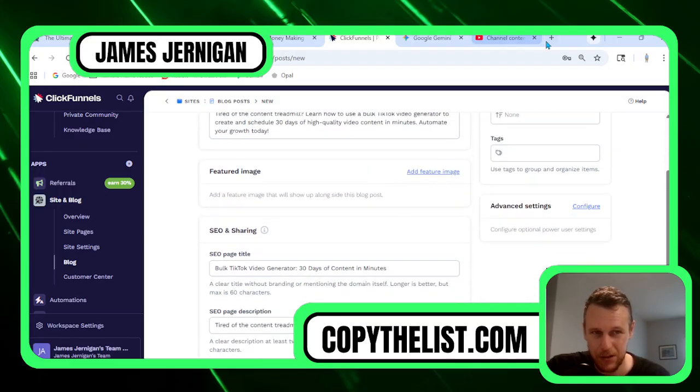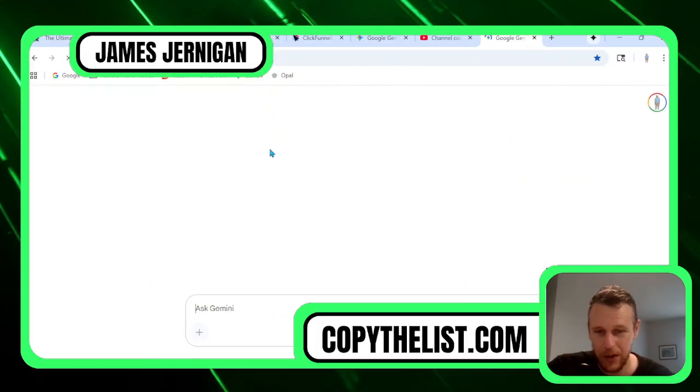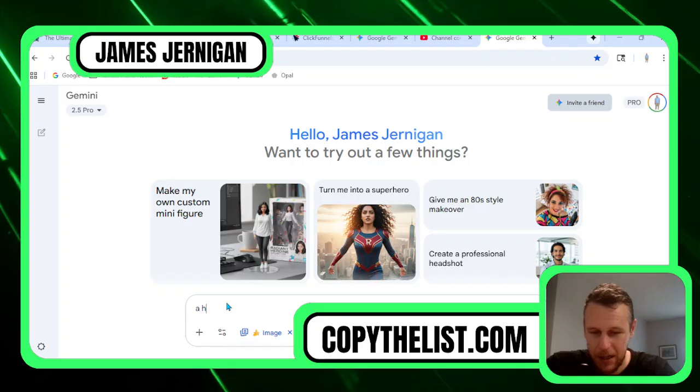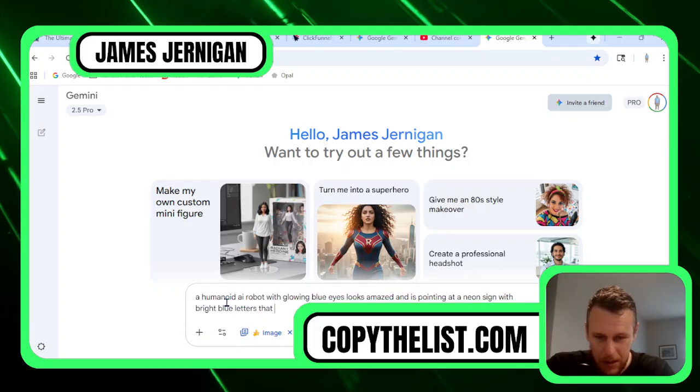So now what we need is a featured image. So all I'm going to do is open up a new window of Gemini. I'm going to click here on tools where it says create image, and I'm going to say a humanoid AI robot with glowing blue eyes, looks amazed and is pointing at a neon sign with bright blue letters that says bulk TikTok generator. And there's a couple reasons I'm doing this. One, I want an eye-catching image,